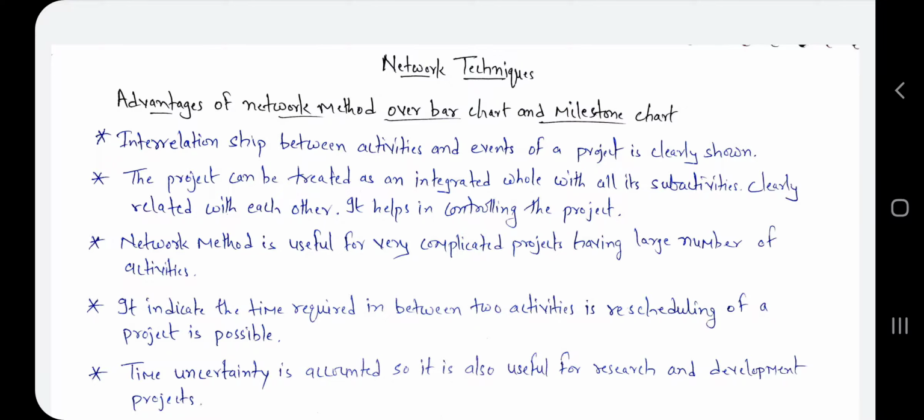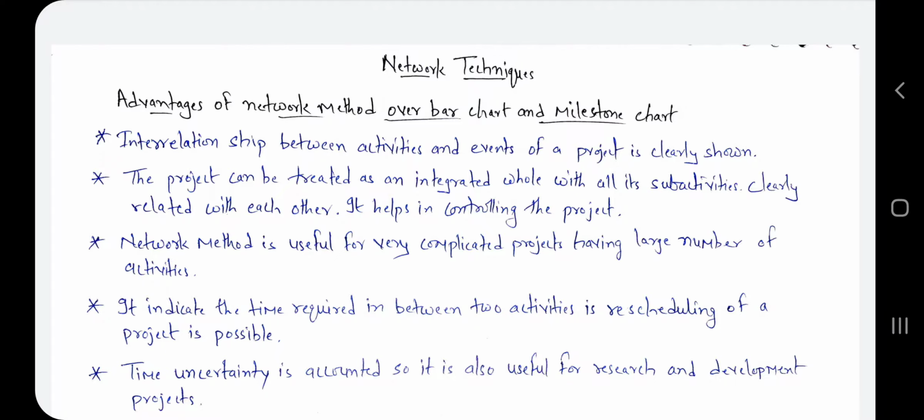In our previous lecture, we finished with various methods which we use for project approval or rejection. Now we also know that there are many management tools in our subject, and the first tool I already discussed with you, that is the bar chart and milestone chart.